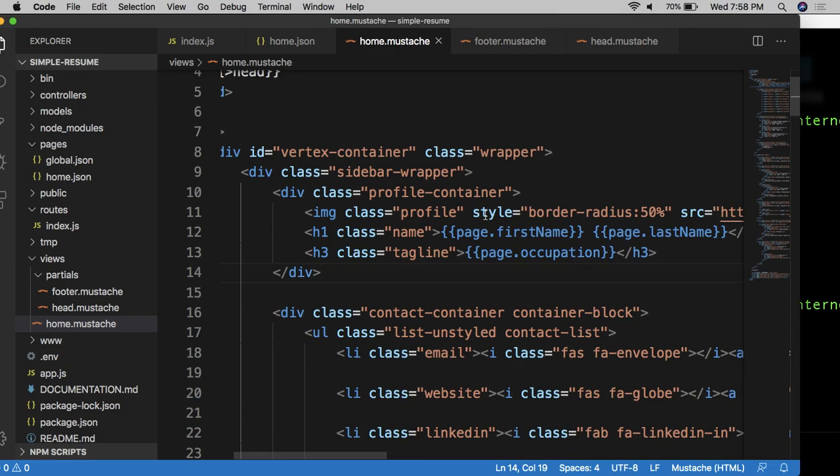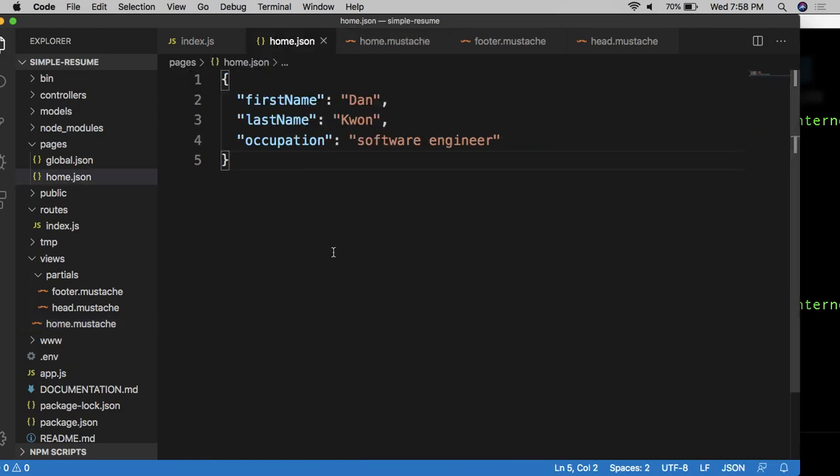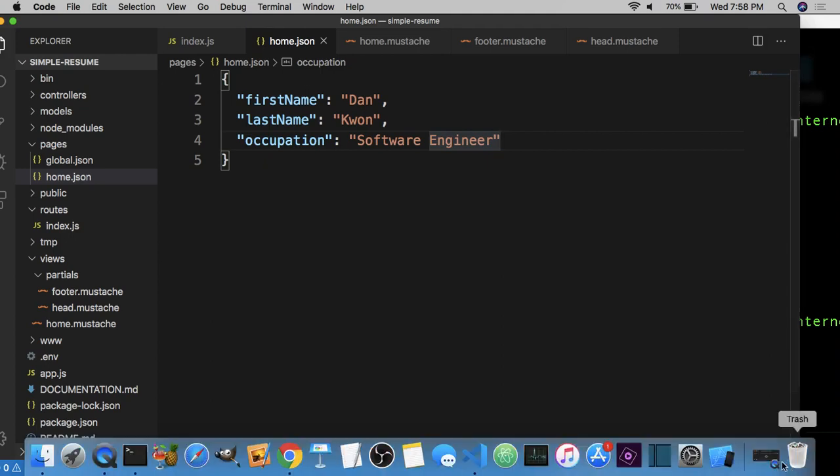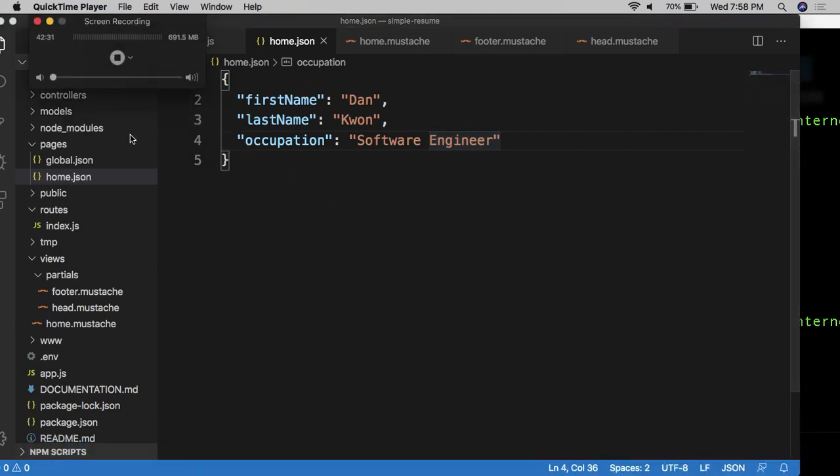Can I see the home JSON page again? I might want to capitalize this. In home JSON, you have to